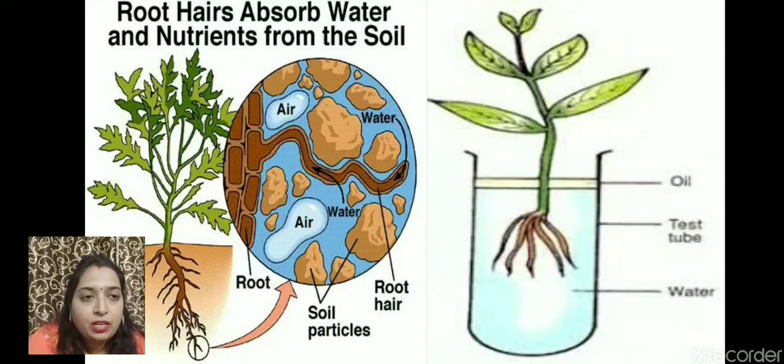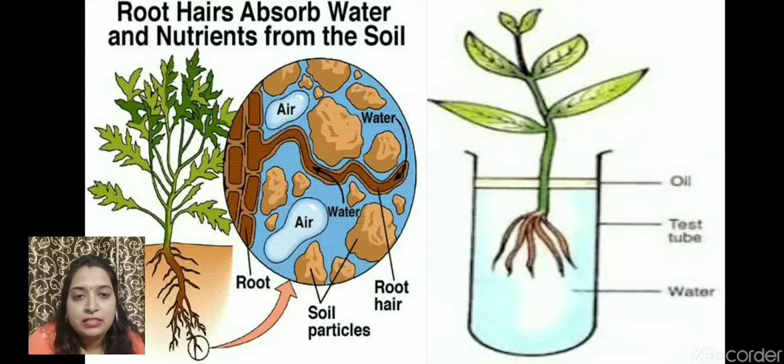How? For this activity you will need one plant, any plant which has a white flower, like vinca plant or balsam plant. So take one plant having a white flower, and the roots must be intact in the plant. Take a beaker, some water and red ink. How will you perform the experiment?